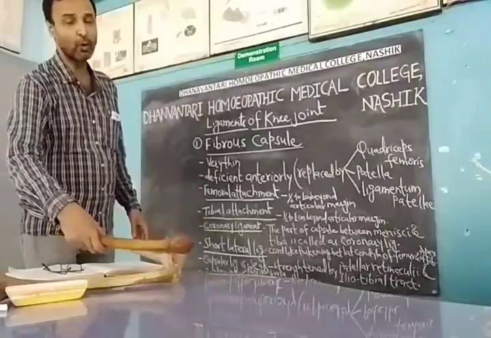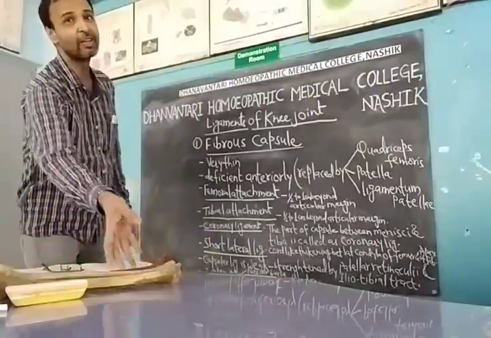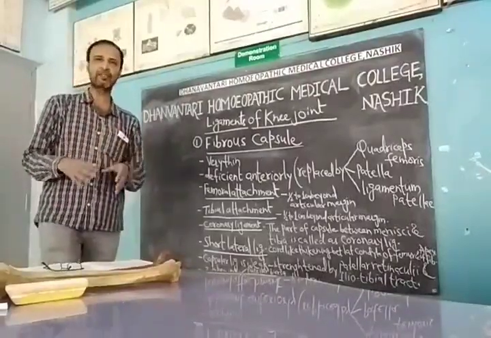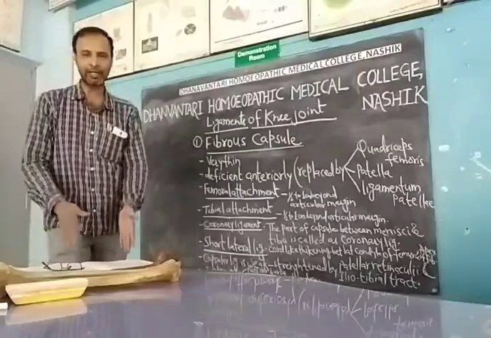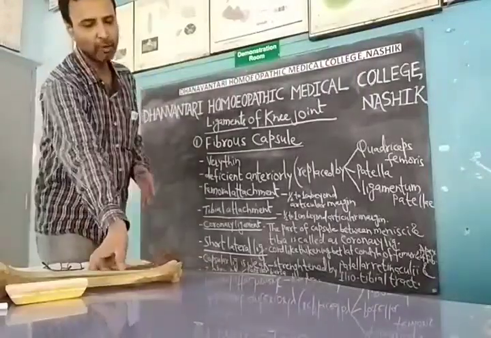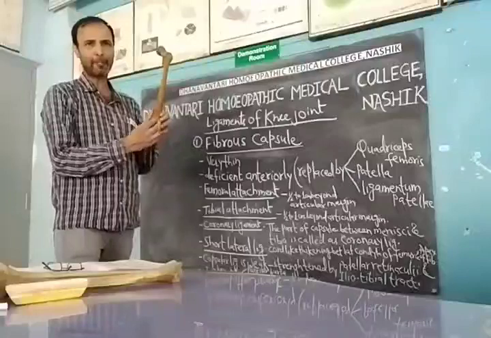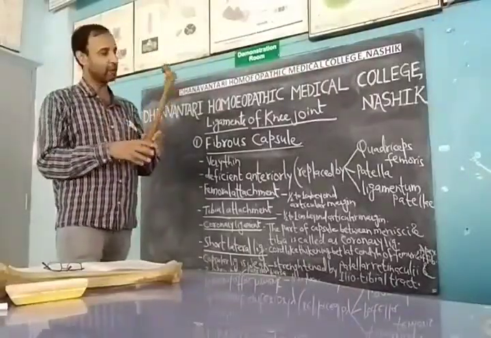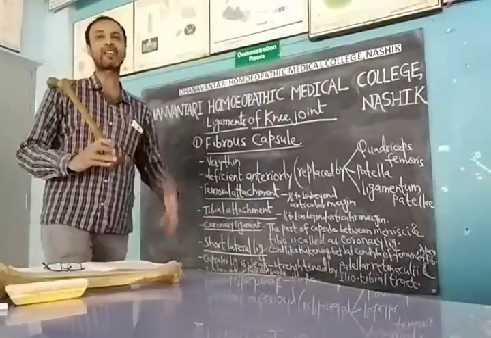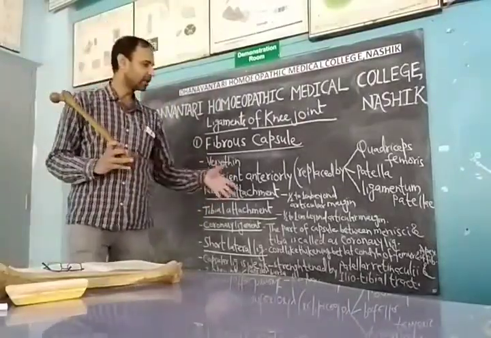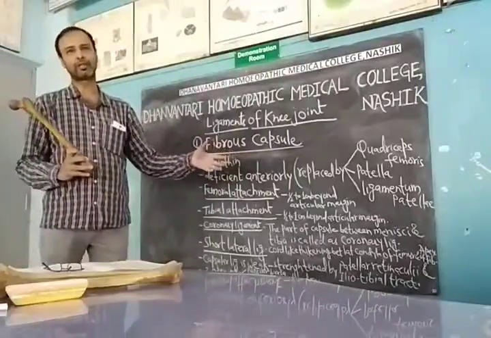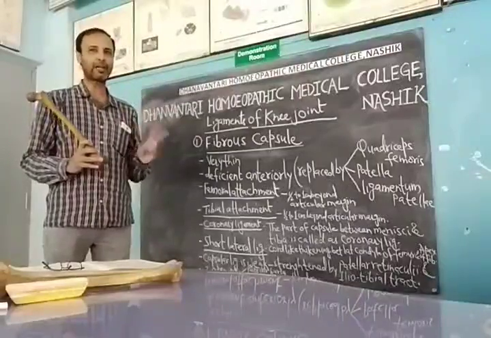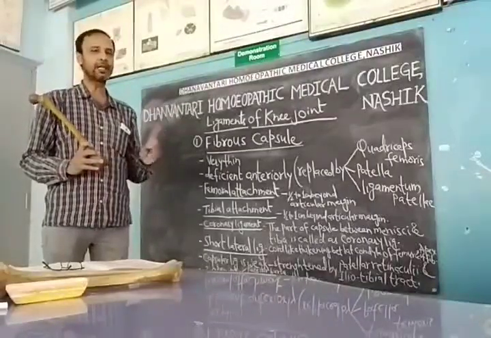Now the capsular ligament, as we know, is a very weak ligament, because I have already said it is very thin. Therefore this ligament is strengthened by the patellar retinacula, as the patella is attached here, and on the lateral part, the iliotibial tract that we have studied. Both give strengthening to this knee joint. So the knee joint is strengthened by two important things to remember: the patellar retinacula, and second, the iliotibial tract.